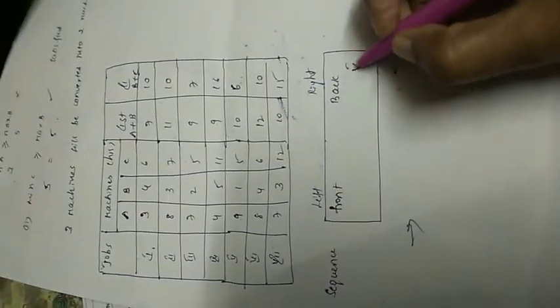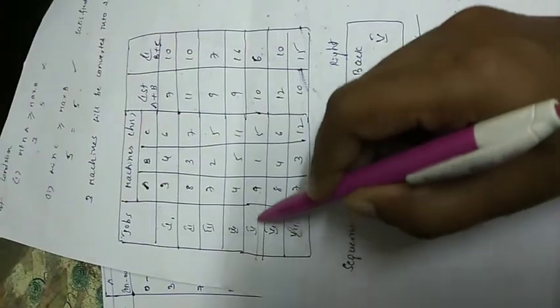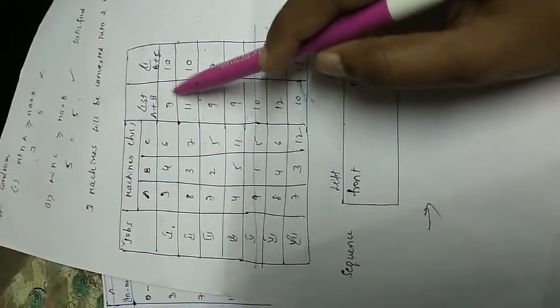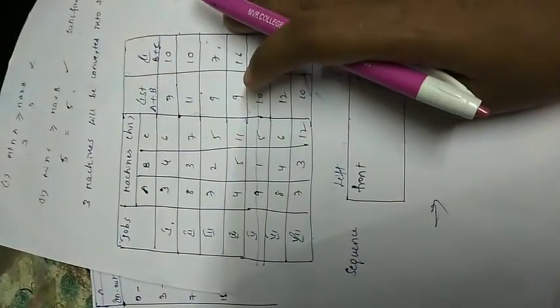So 6 is the fifth job, so I will take 5 on the right side, and just cancel this. Okay, next we will check which is least: 7 10 11 10 9 10 9 16 12 10 10 15. In all of this, 7 is least, but there is a 7 in the first machine first job, the fourth job also 7, and the third job also 7. How will we take which is first? So I will consider this 7, first machine, first job.